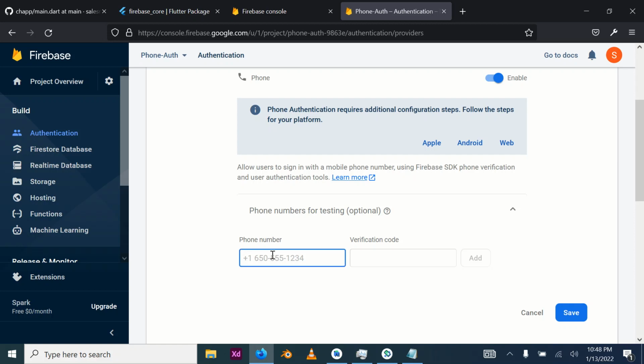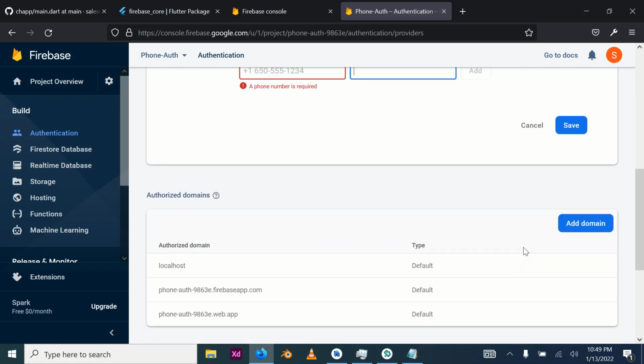So it's advisable that if you're going to use it multiple times, just enter that phone number here and then enter the verification code, 6 digits, which you want to be used. It can be 000000, or 123456, or whatever you choose, but it must be a number. Then you can click on save, but I don't want to do that,